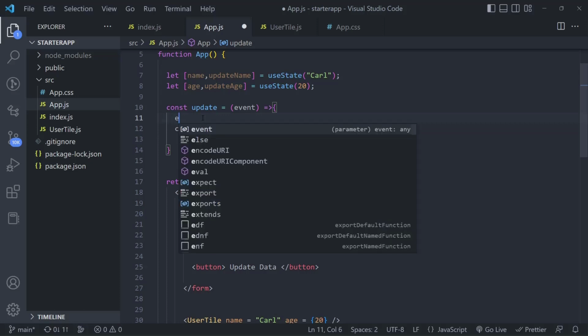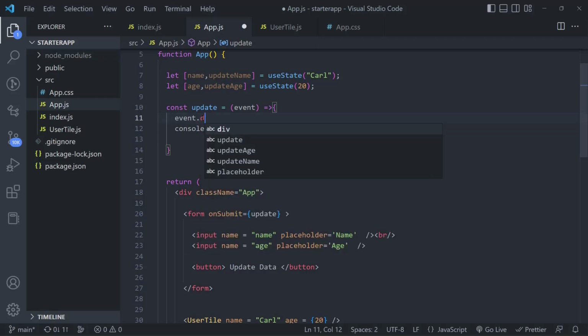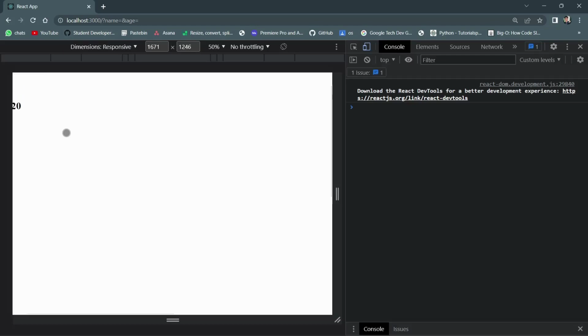So to remove that default property, we will say event.preventDefault. So it prevents all the default functions that take place, like reloading of the web page. So now if I save this, and I head back to the website that I'm working on and click on